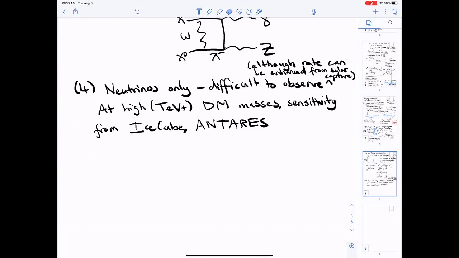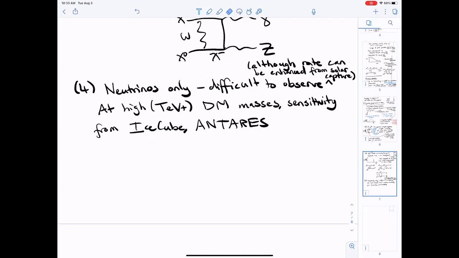The reason this is very model dependent is because, as we've just talked through, there can be model dependencies that either enhance or suppress the signal in indirect detection very strongly. There are also model dependencies that can enhance or suppress the signal in direct detection very strongly. One of these is whether the cross-section is spin dependent or spin independent. Another is whether the cross-section has a momentum dependence in it or not, like whether the interaction structure leads to a dependence on the transfer momentum squared.